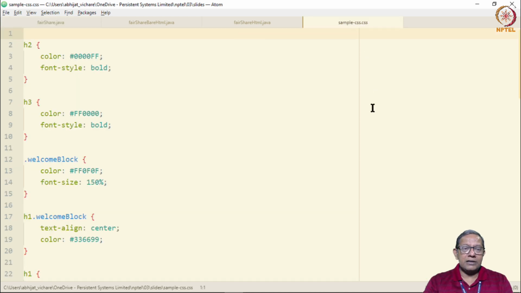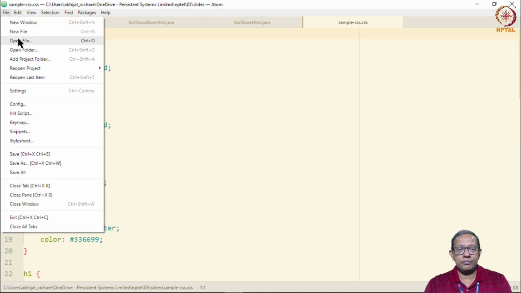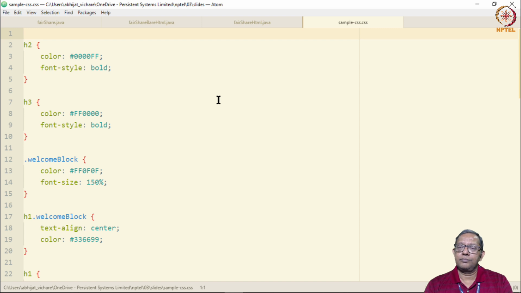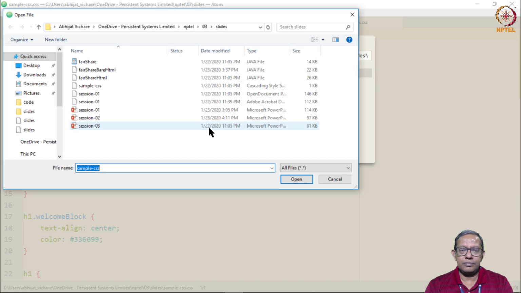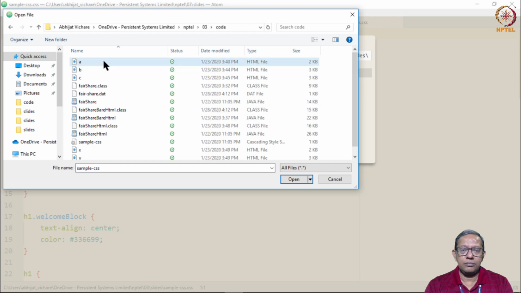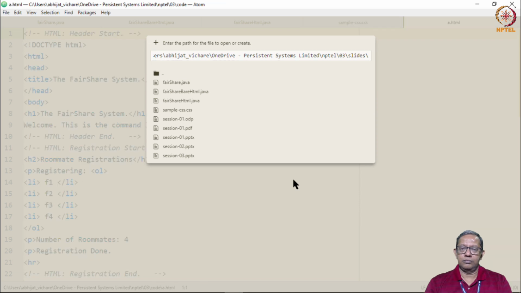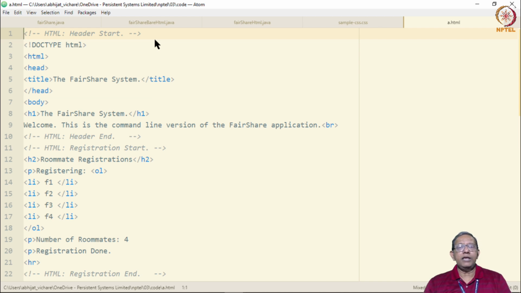Let's have a quick look at a sample HTML page. Here is a sample HTML page.